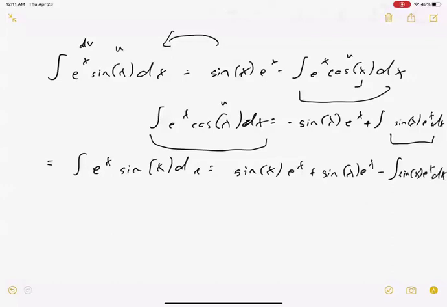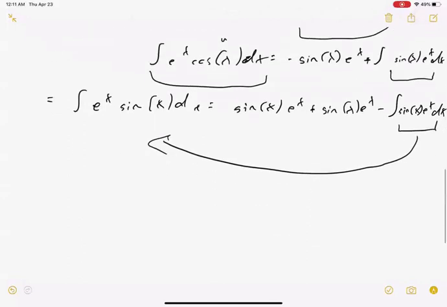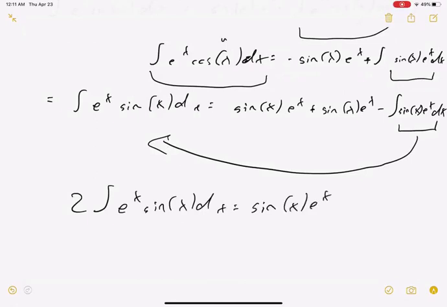Okay, now notice this is my original integral. Okay, so I'm just going to move this integral over to the left side with my original integral by adding it to both sides, and I get 2 times the integral of e to the x sine of x dx equals sine of x e to the x plus,